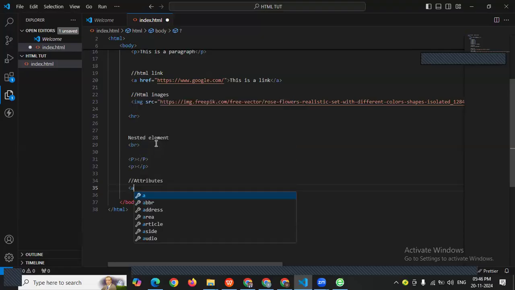Anchor tag. Okay, inside the anchor tag we use href, right? Href. I said href. This is an attribute. The anchor tag defines the hyperlink, whereas the href is